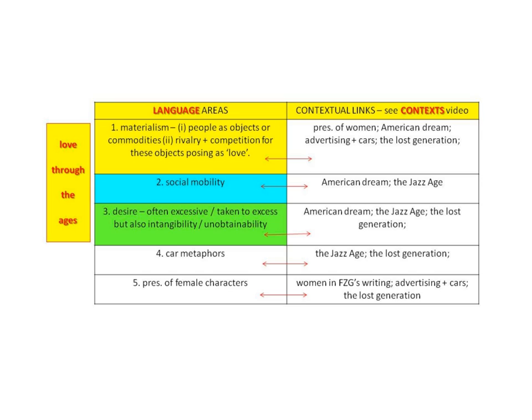Let me just reiterate what I always say at this stage, that even though I identify 5 language areas, they can, of course, and they do, interrelate. So if I'm looking at a particular quote in relation to social mobility, there's no reason at all why you can't see that as speaking to the female characters and what's typical of them in the novel. So even though these areas are separated in a table, please understand they're sort of multi-purpose and can be used for many of these 5 areas at once. Moving on.